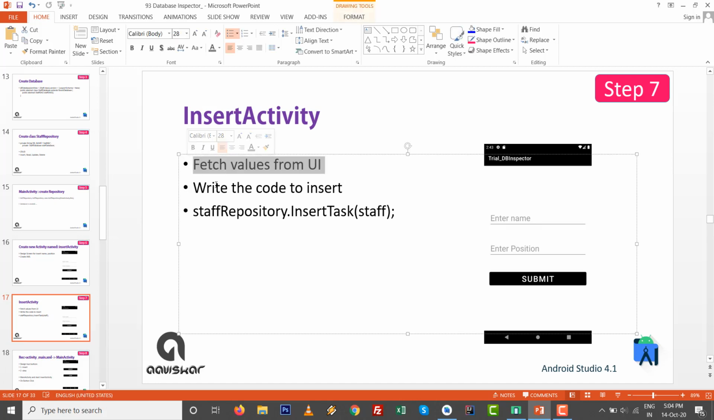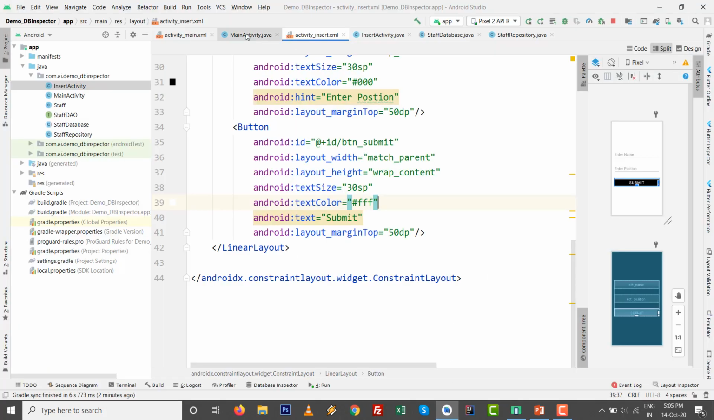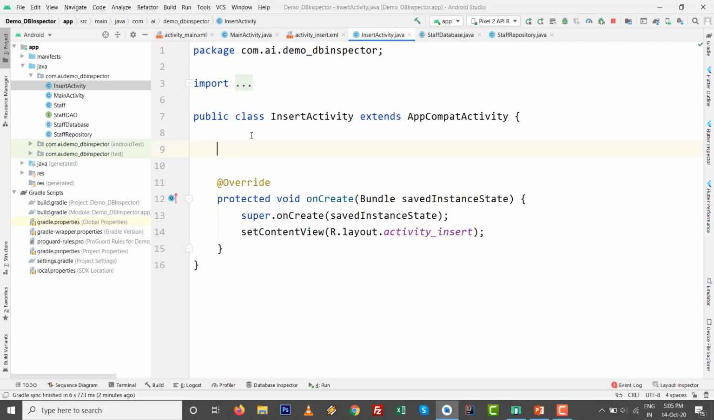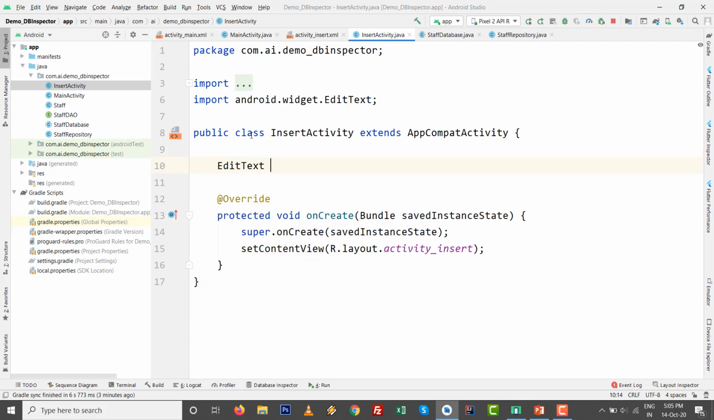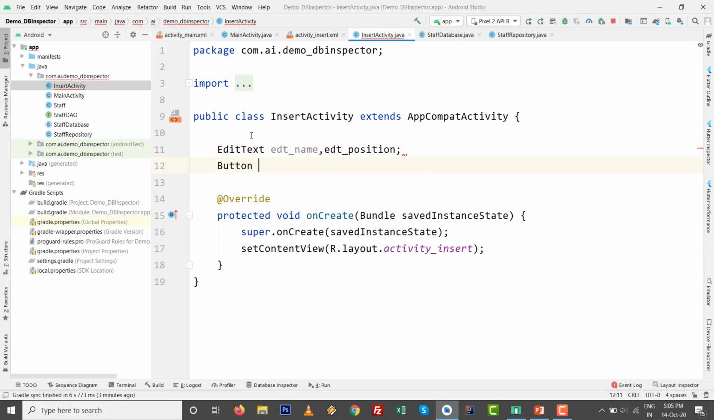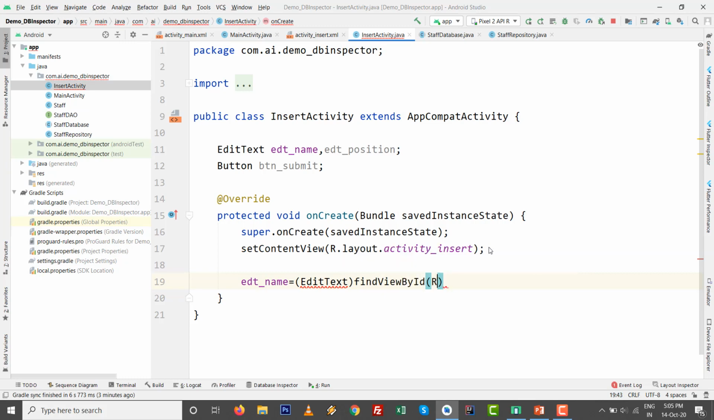So step number 7, we are going to write certain code to fetch the values from the UI, and from the staff repository just we need to create insert task. So go to insert activity and ready with the 3 components: edit text, edt underscore name, and edt underscore position, and one button btn submit. Press semicolon. After that just give the find view by id, edt name, edit text, find view by id,